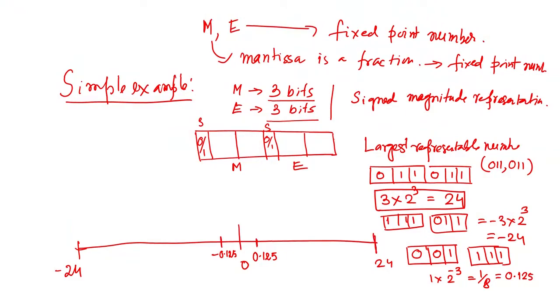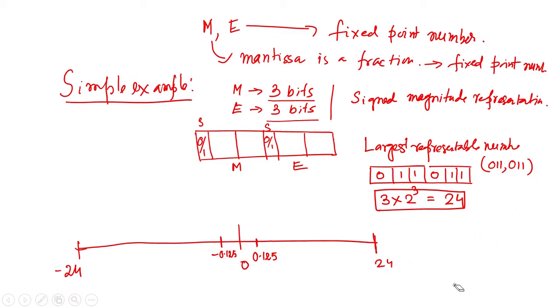So, the number we can represent is 24. So, what can be the next number? How did you get the 24? Maybe the number we can get again. You can put 0 1 0 into 0 1 1. So, this will give you 2 into 2 to the power 3, which gives you 16. So, the next number you can get somewhere here is, let us say, 16.